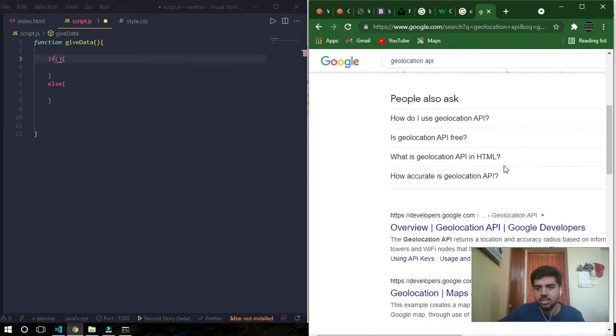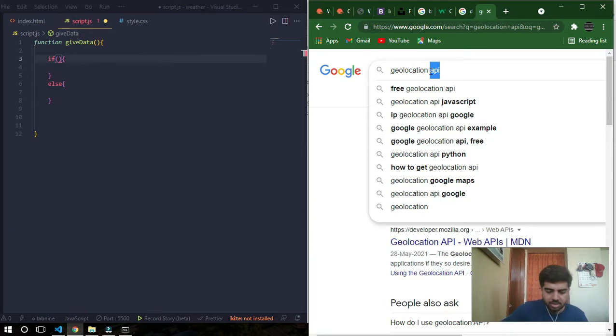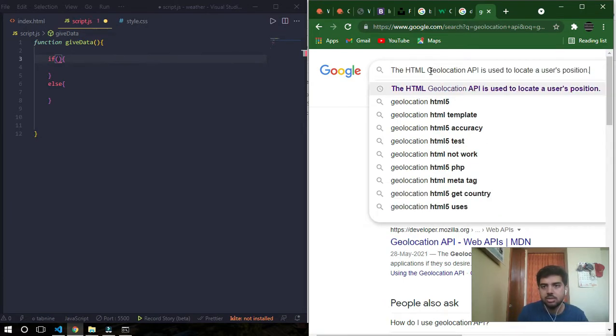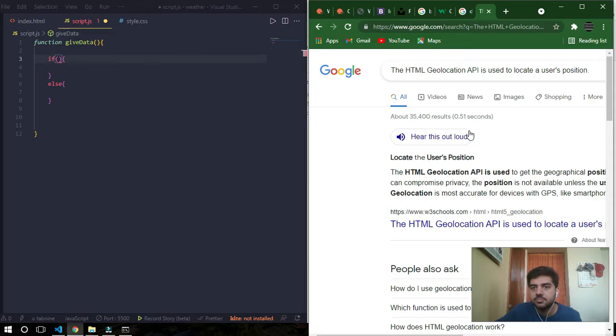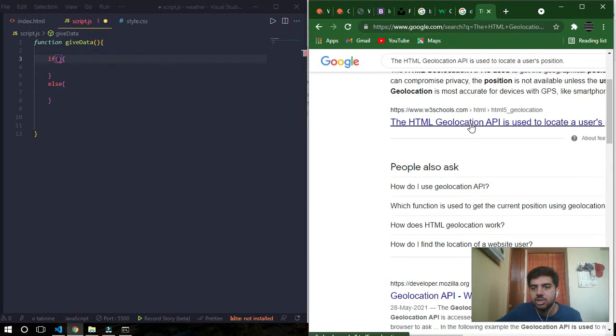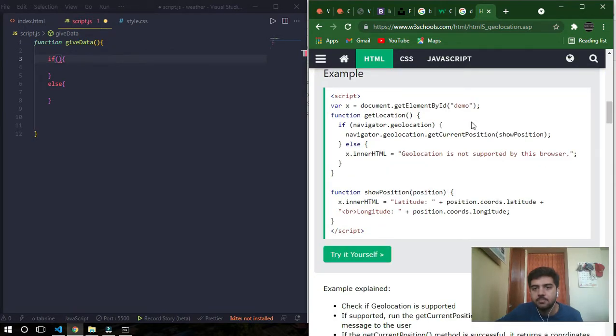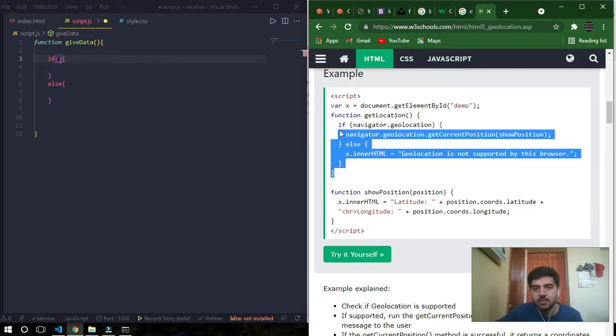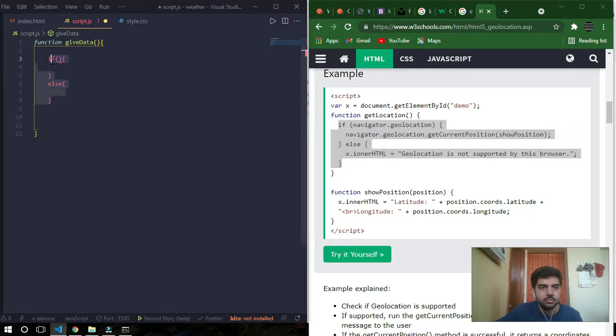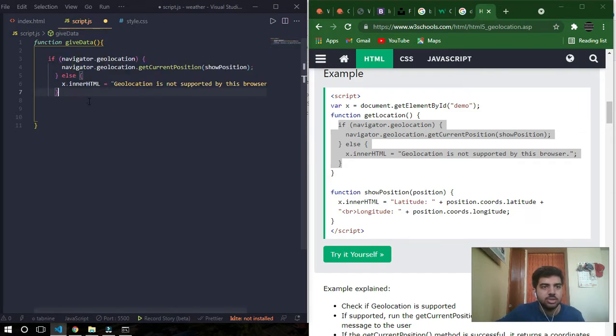I don't need this. I need the inbuilt HTML geolocation. Okay, geolocation, yes. Show position, yes. I'll just copy this.